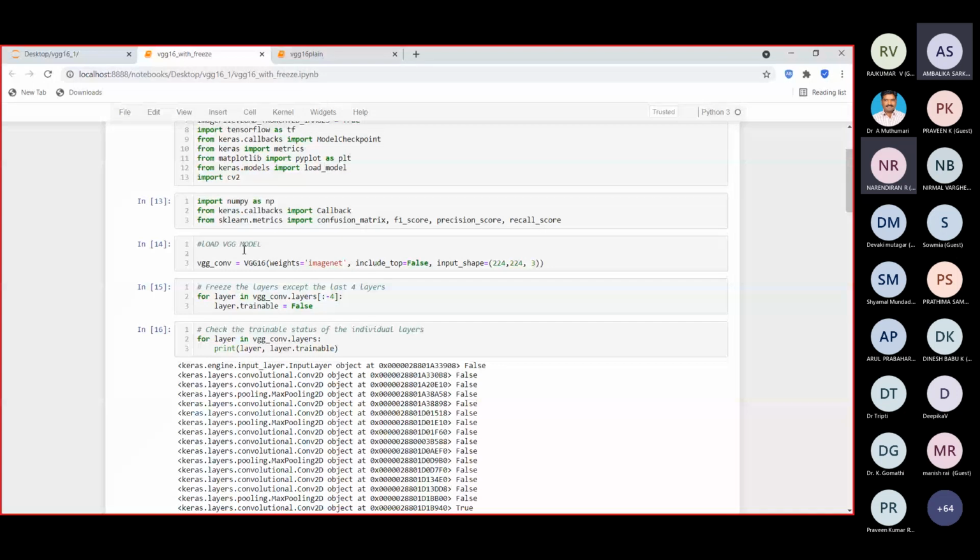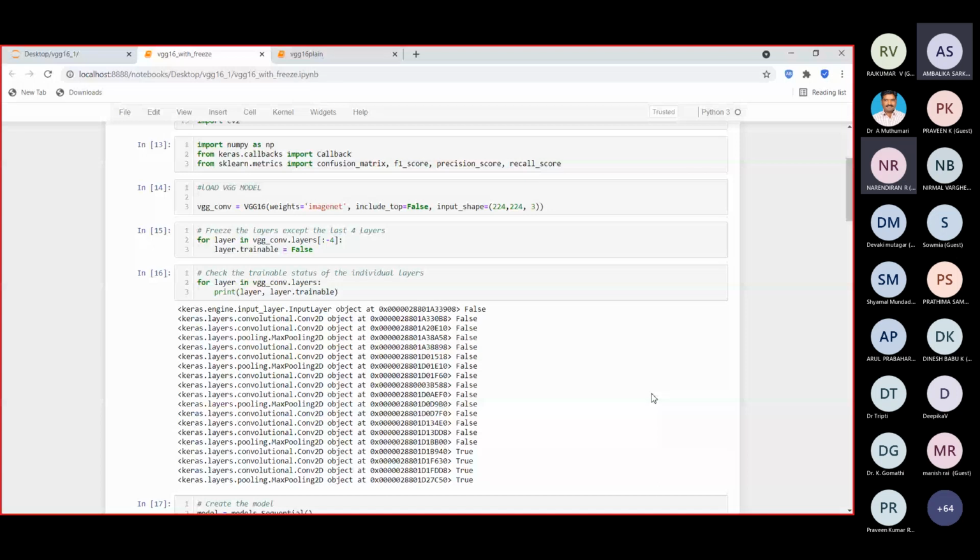Here, for layer in the convolution layers of -4, layer.trainable equal to false. So what I have done here is that the meaning is to freeze all the layers except the last 4 layers. That is the concept. Freeze all the layers except the last 4 layers here.